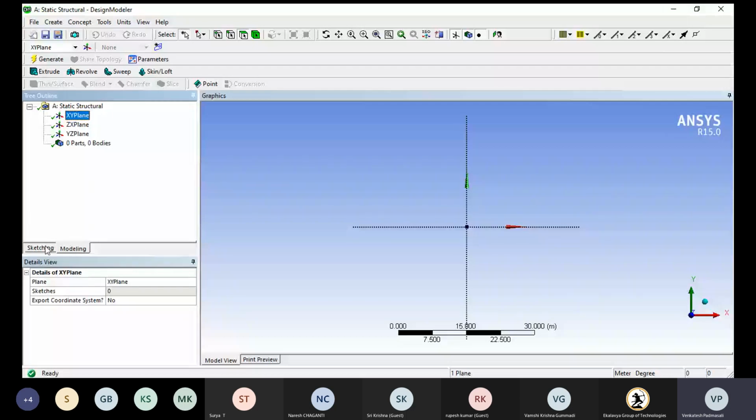Here I am going to first create a line model. Let me give a little bit of time.